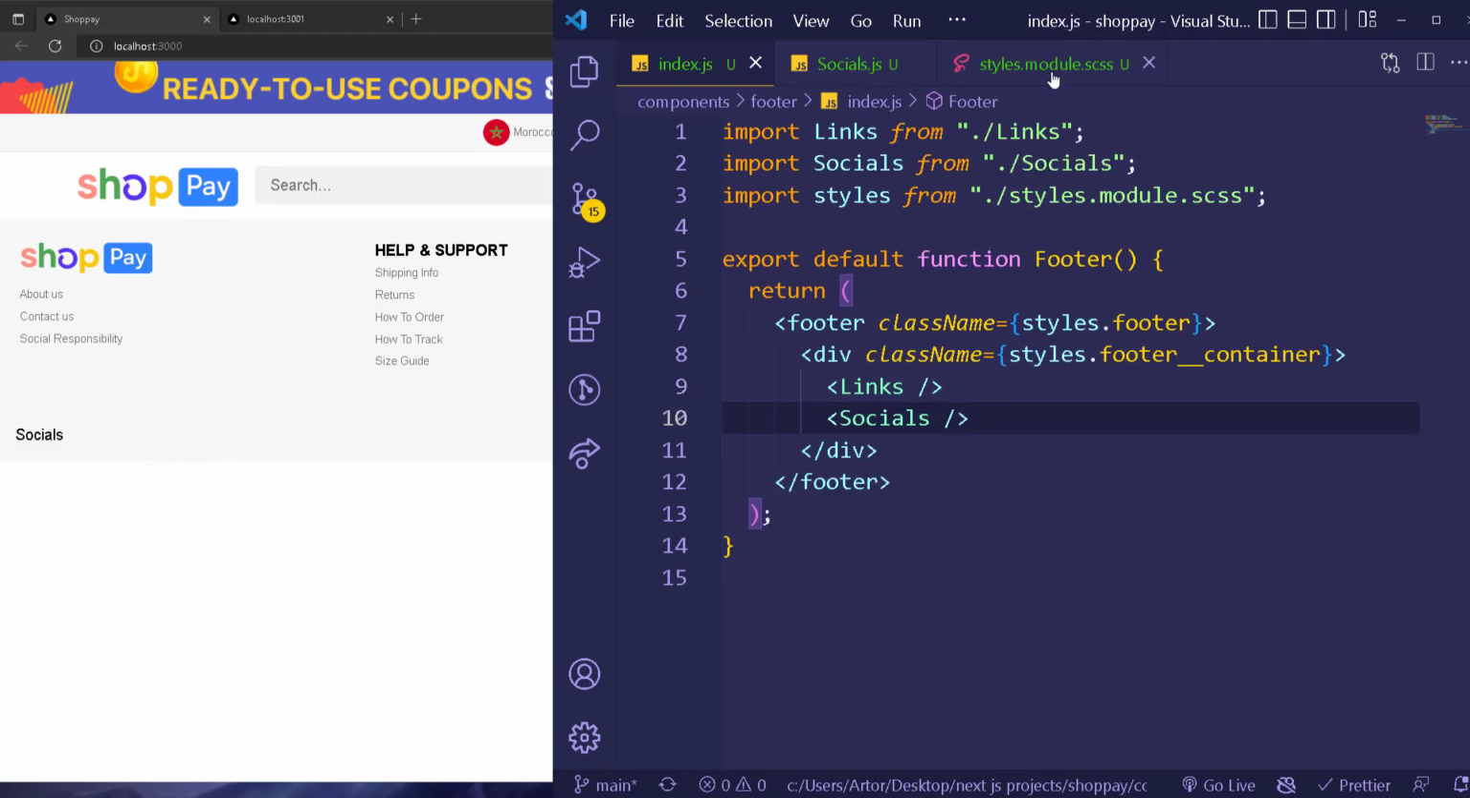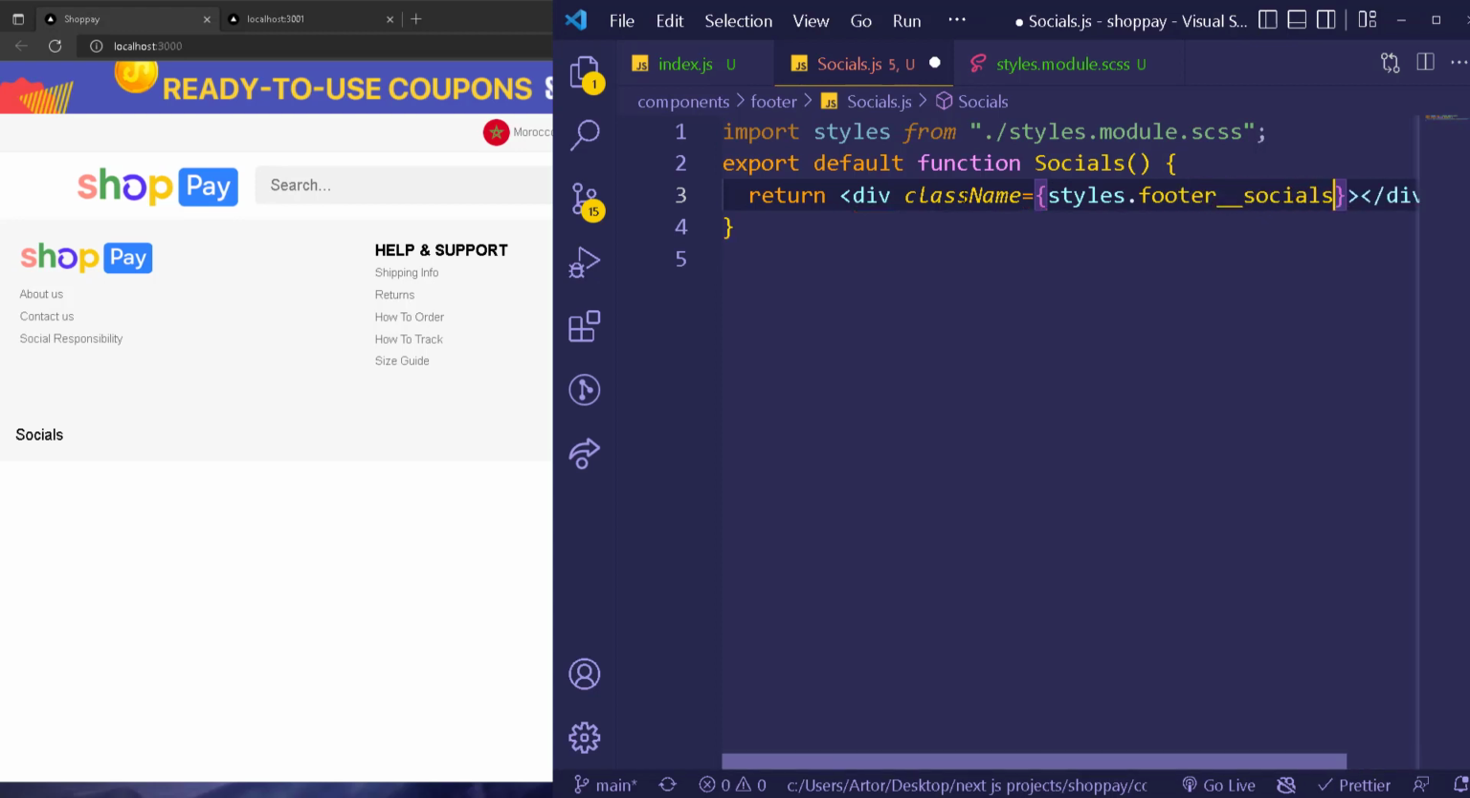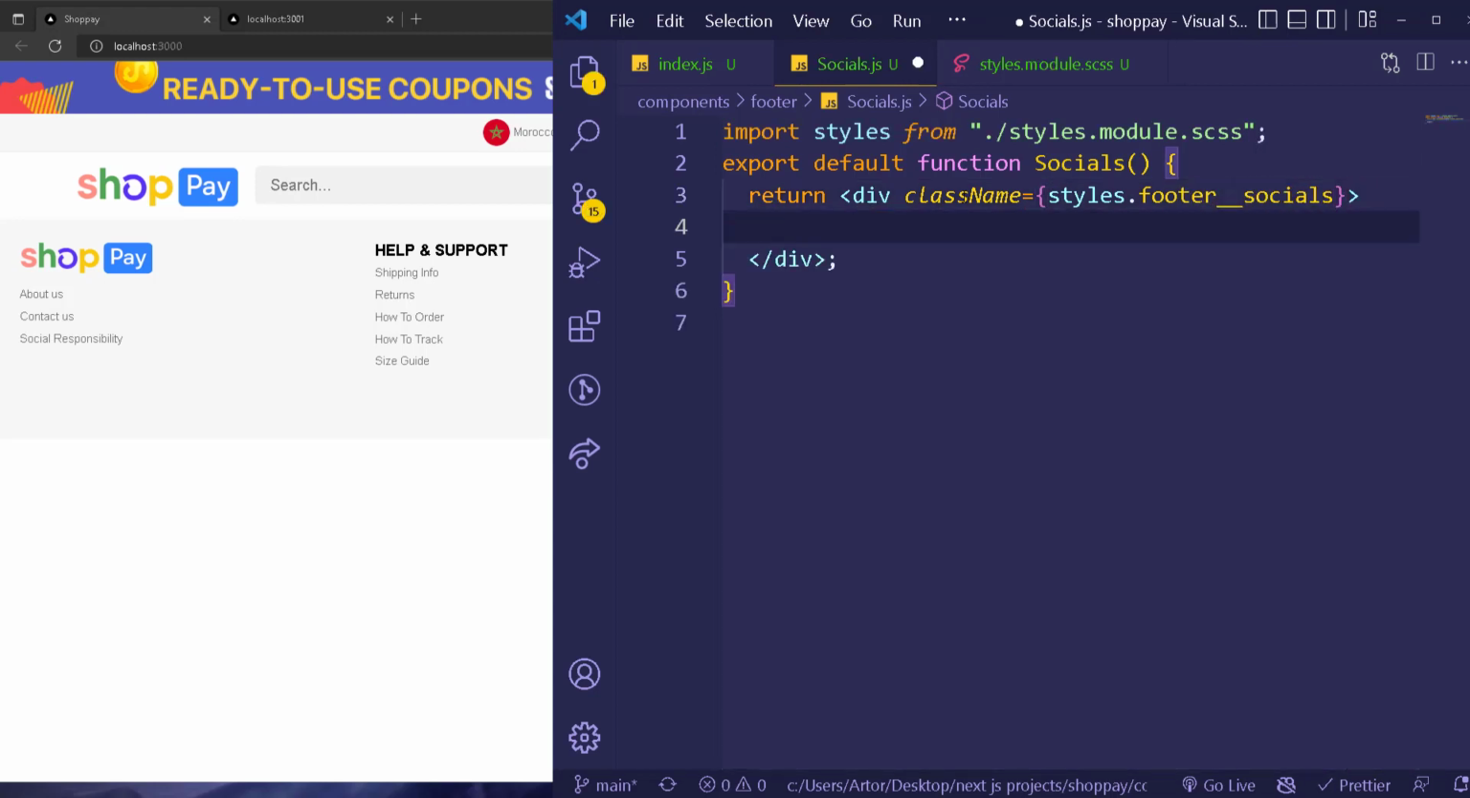And then we have it right here. And then I can go back to socials and then let me remove that. This is going to be a class name. There's going to be styles.footer socials. And then inside this, we're going to have a section. And inside this section, we're going to have an h1 that's going to say stay